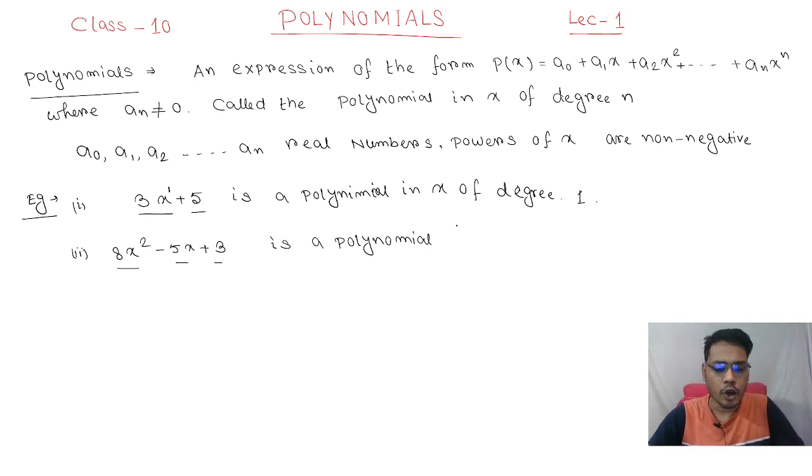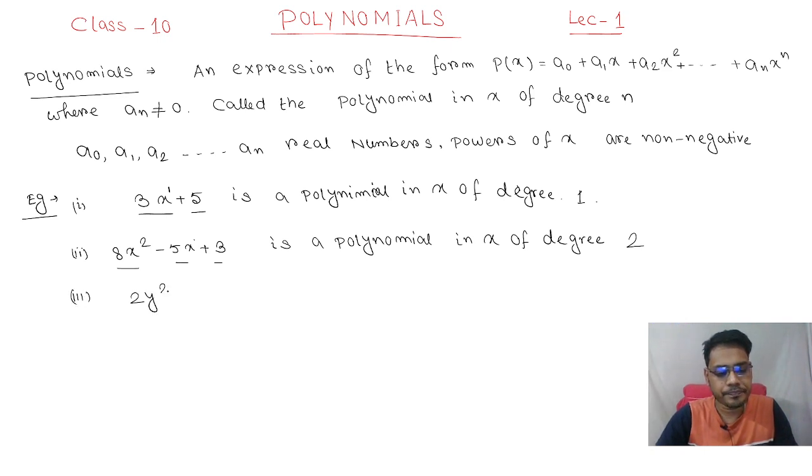ठीक है, तो यहाँ पे हमने देखा कि ये पॉलिनोमियल है और इसकी हाईएस्ट डिग्री क्या है। यहाँ पर 1 है, यहाँ पर 2 है, तो हाईएस्ट डिग्री 2 है, तो ये भी एक पॉलिनोमियल है। तीसरा हम एक देख लेते हैं, तीसरा है 2y³ प्लस 4/9y² माइनस 5y प्लस 3, ये क्या पॉलिनोमियल है, बिल्कुल पॉलिनोमियल है। कितनी टर्म्स हैं, 4 टर्म्स हैं, सो इट इज ऑल्सो पॉलिनोमियल।